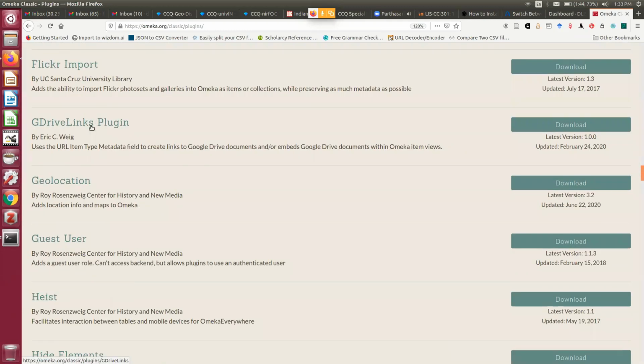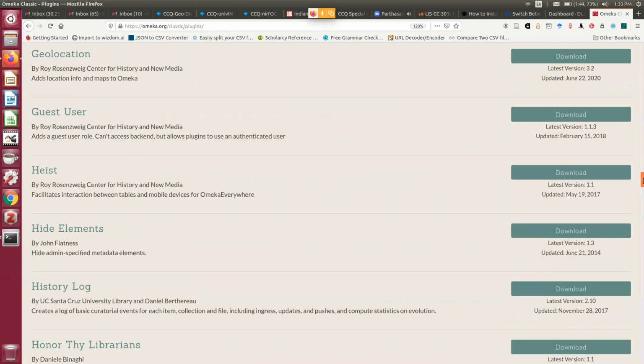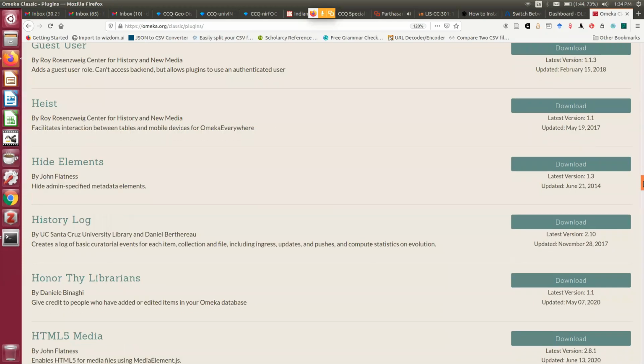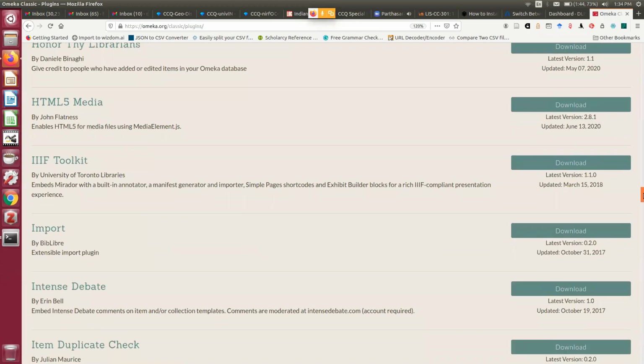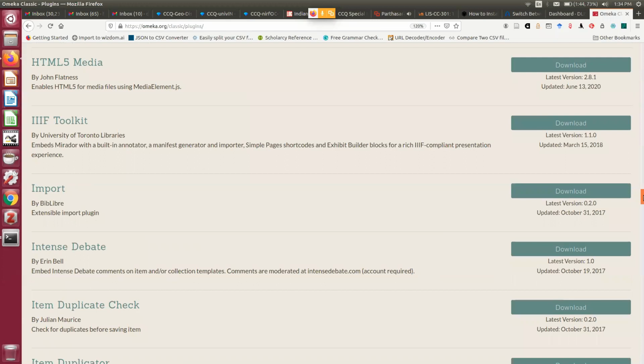G Drive links plugin, geolocation, IIIF toolkit.